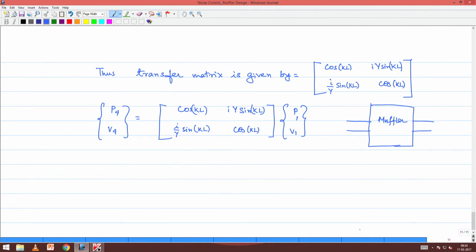But in whatever way we configure the muffler, there are different ways to derive the transfer matrix, either experimentally or computationally or analytically. But the point is this: you have to finally arrive at this transfer matrix, which relates the output of the muffler to the input of the muffler, right. So, finally, the transfer matrix